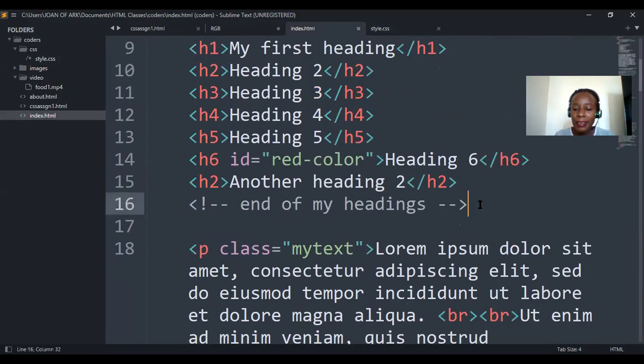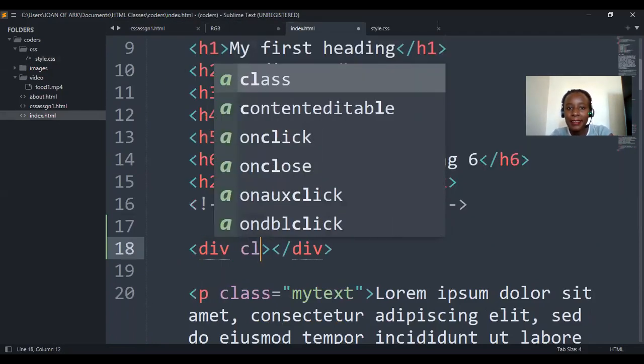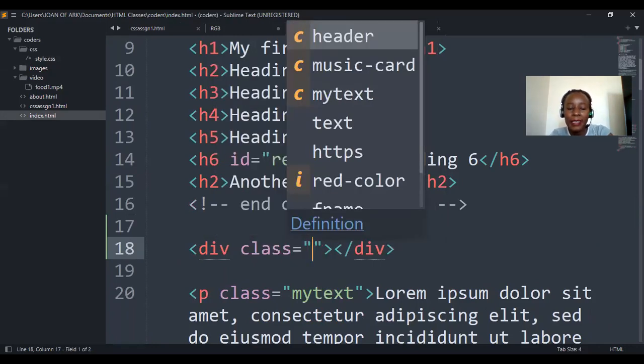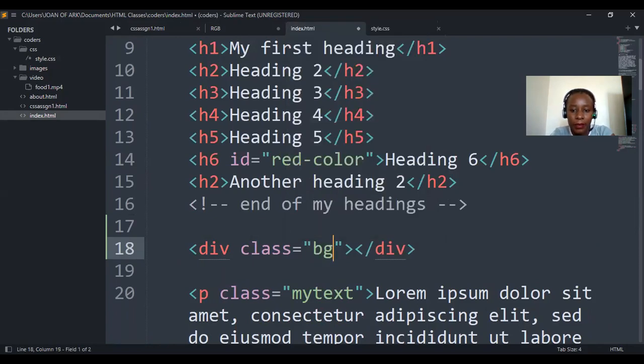After the headings, just create a div like this, after the headings. And then in this div, we can give it a class. Now we know what classes and IDs are. We can give it class and say BG, IMG. Yeah, class BG, IMG, like that. And then we can copy that so that we call that in the CSS, BG, IMG, and then save this first,